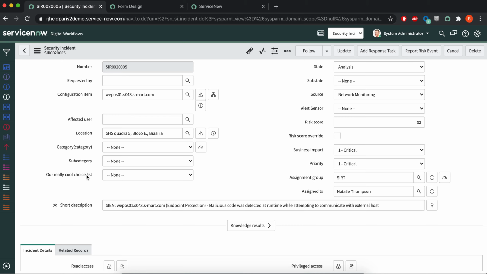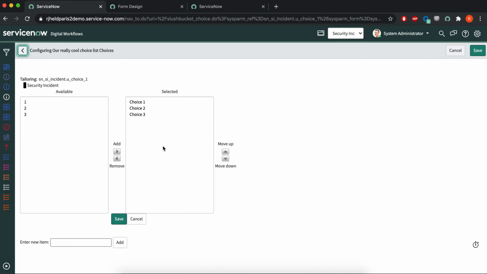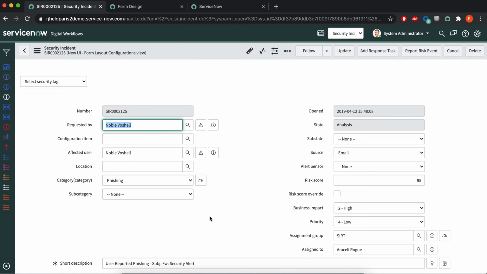Editing choice lists is very simple. Just right click on the form, say I want to configure choices, and maybe instead of 1, 2, and 3, just click those out. I can say I want high, I want medium, and I want low. And once we save that, those will be the choices in that particular drop down